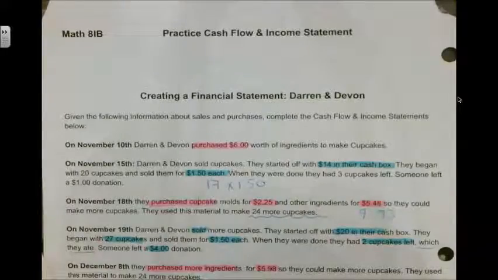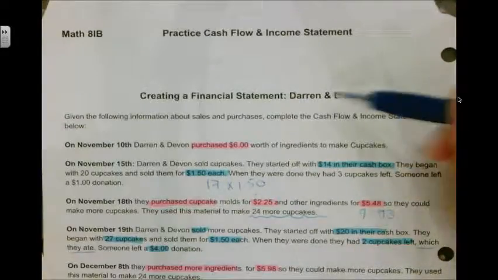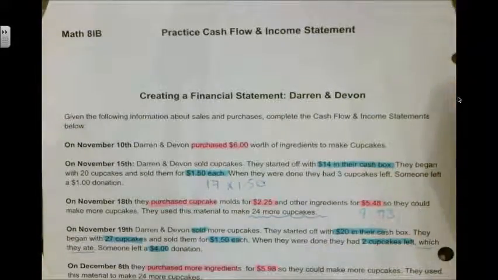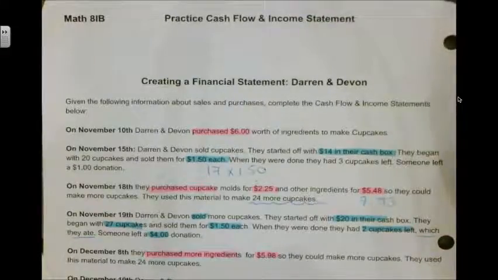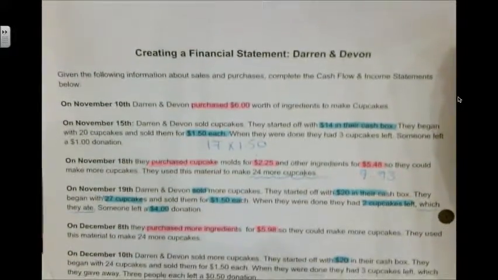So we're going to do one short video where I'm just going to keep track of the cash flow, and on the second video I'll do the income statement. We practiced both of them in class and we never went over our final answers. So what I've done here with this example that we had with Darren and Devin for their business project, I've outlined everything that was a purchase in pink and everything that was a sale in blue,